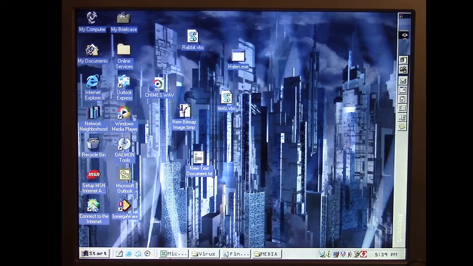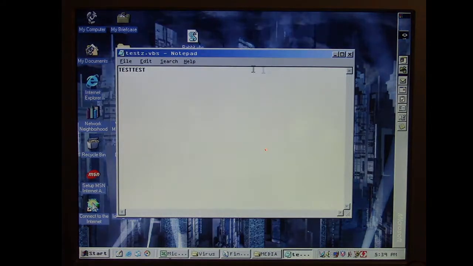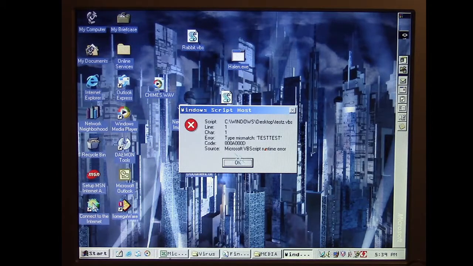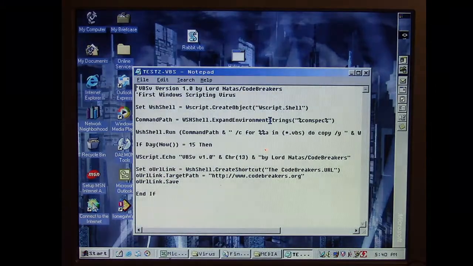So, we have one other .vbs file here on the desktop. It just tests. There's nothing to it. It just says test in it, and of course it won't function if we try to run it because we haven't put any actual working command lines in there. But when we run Rabbit, we get a command dialog box pop up there, which is the Windows shell that it's making use of to run its commands. And if we look at test.vbs now, it now has the exact same contents